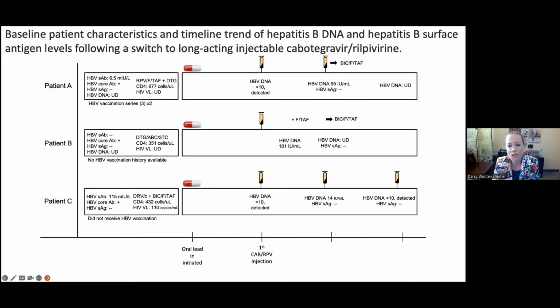So it's really hard to know, obviously very, very small numbers. And we think that it would be really helpful to go back and look at the original studies looking at switching patients to long-acting cabotegravir-rilpivirine, see if any stored samples are available and to check to see if any patients who were core antibody positive developed the same type of issue and how they did, but we don't have that data right now.